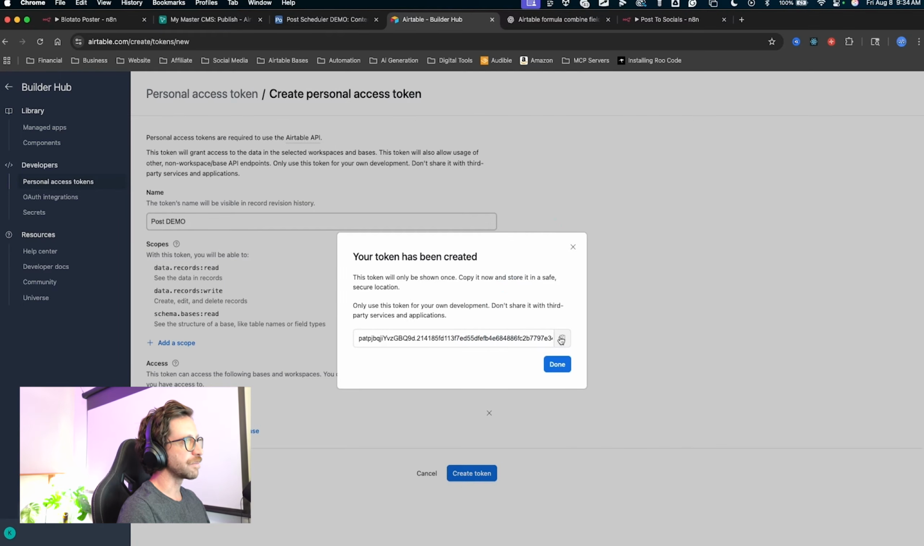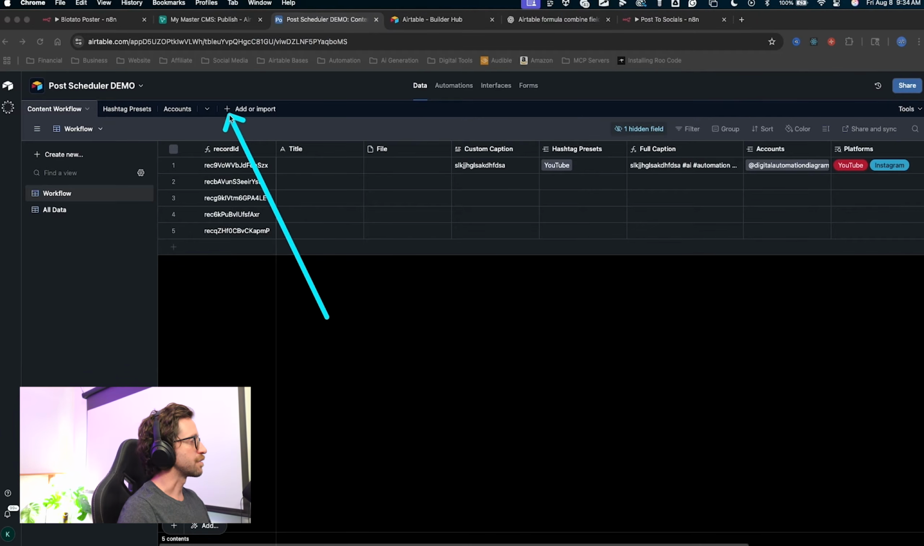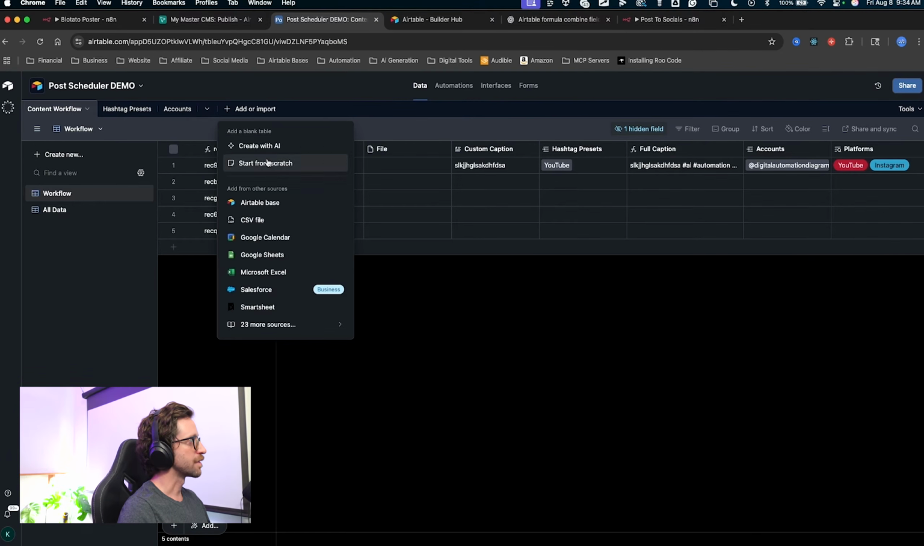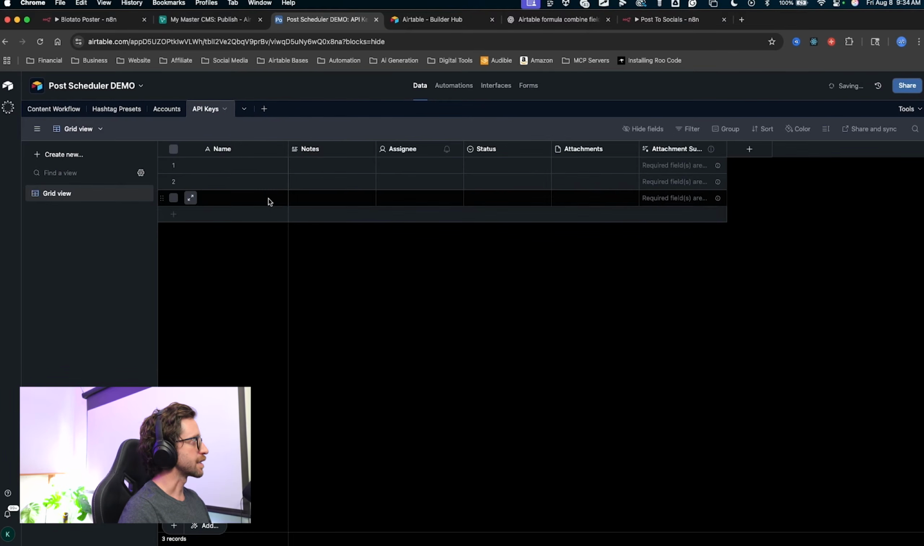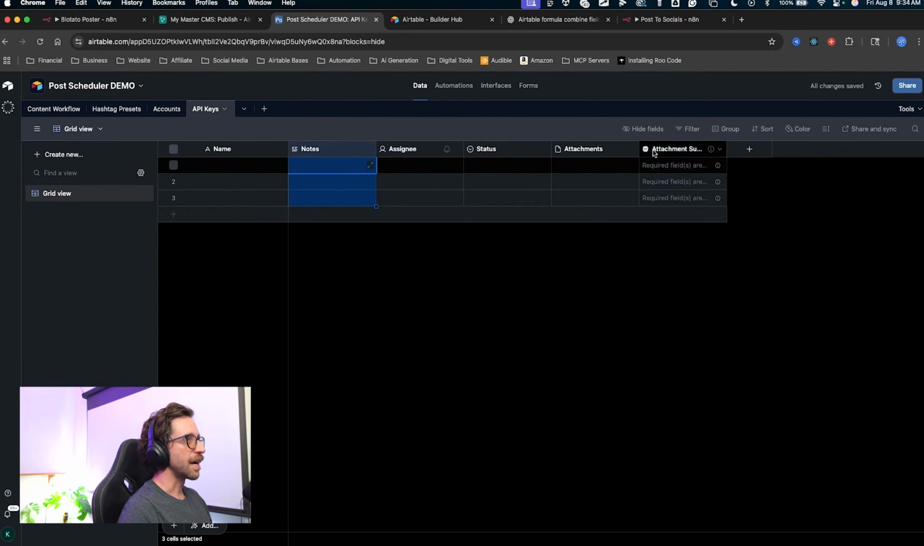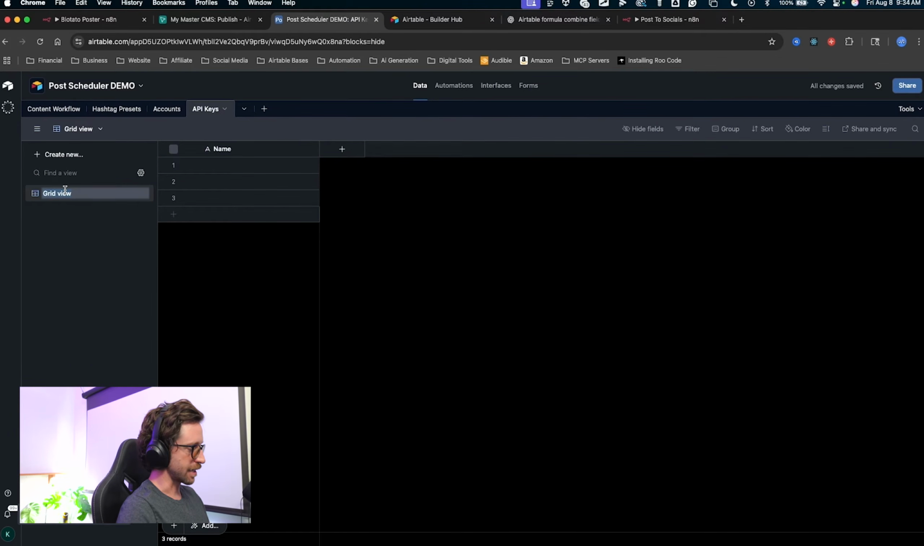I'm going to copy mine and right away come back into Airtable. Let's create a new table, start from scratch, name it API keys or access tokens or keys or something like that, keychain, whatever you want. I'll name mine API keys, click save. I'll delete out 5 default fields. Now we can add in our keys into this table. I'll rename the grid view, all data. This first key is my